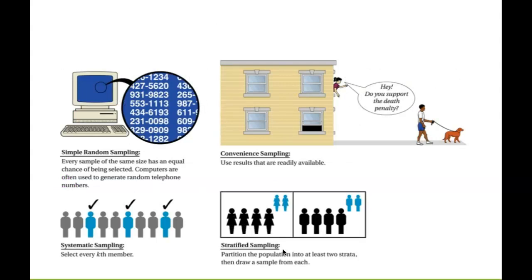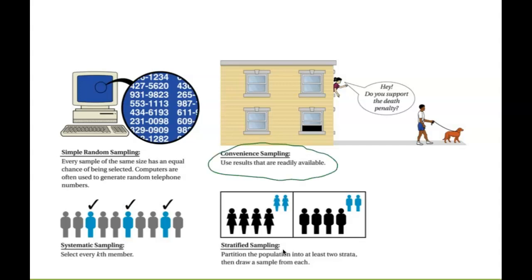Here's just some diagrams that kind of show a visual of what we've been talking about. So in a simple random sample, generally we'll use a random number generator to select it. So you have what's called a sampling frame, and that's like you associate the individuals in your population with the number. So for you guys, if I was sampling students at the school, you're already associated with the number, your ID number, right? And so that makes it real easy. I could just go into the computer and go, hey, take 50 random ID numbers, and then go out and select those students.